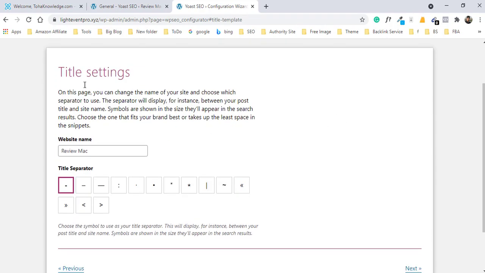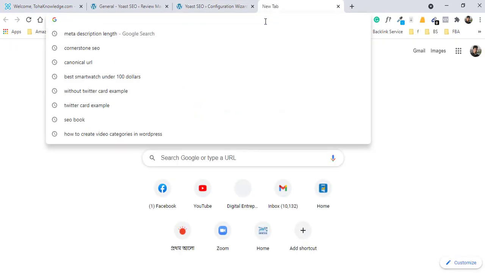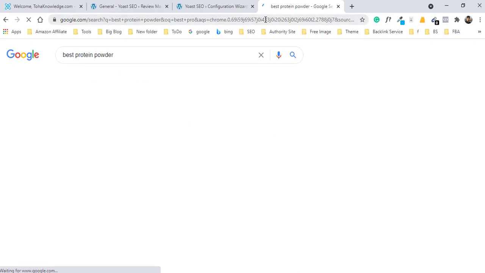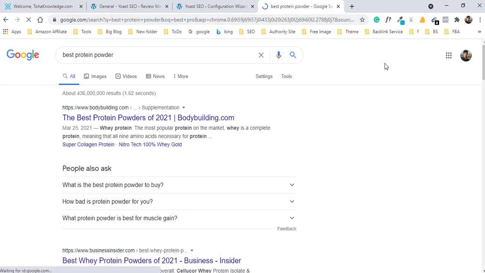And this is for your website title separator. For example, if we search Google for best protein powder, you see that this is the title, the best protein powder of 2021, then the separator, and then the website name or website title, bodybuilding.com.